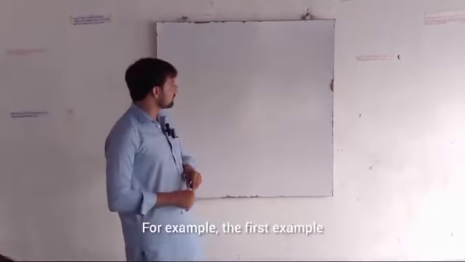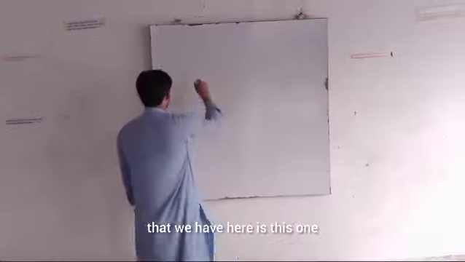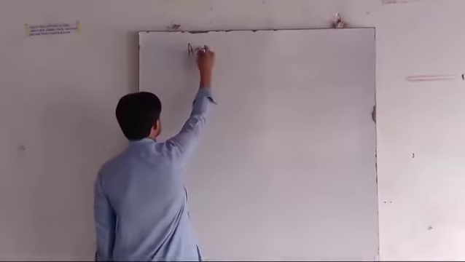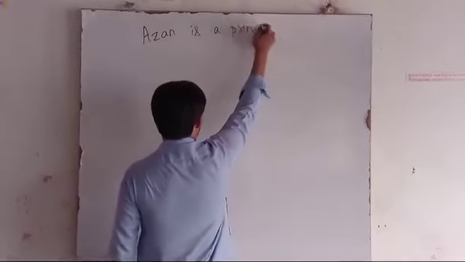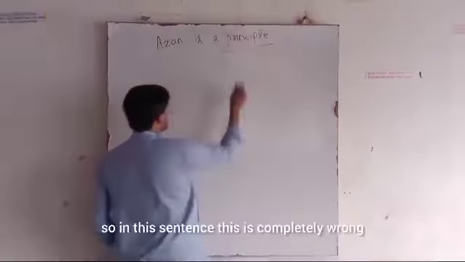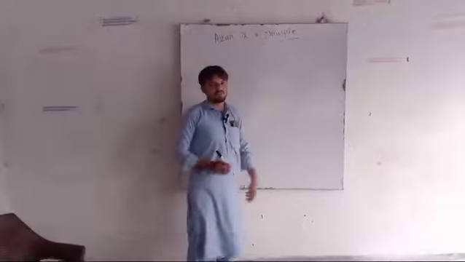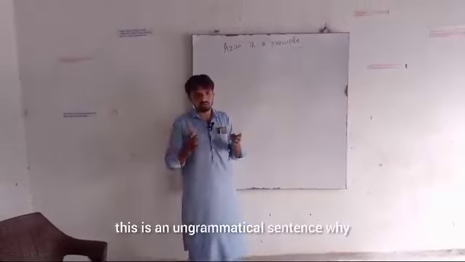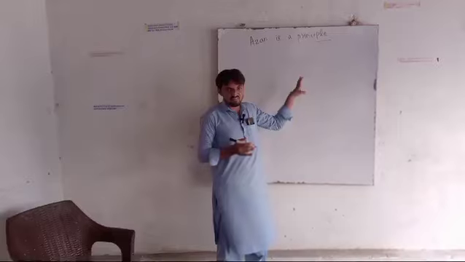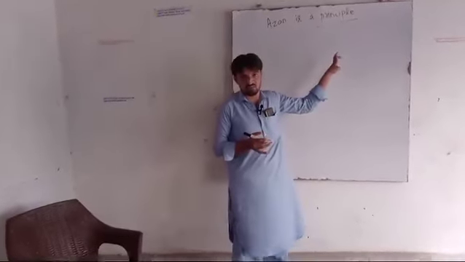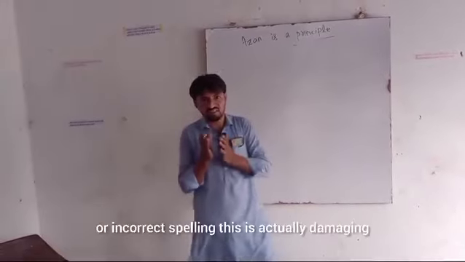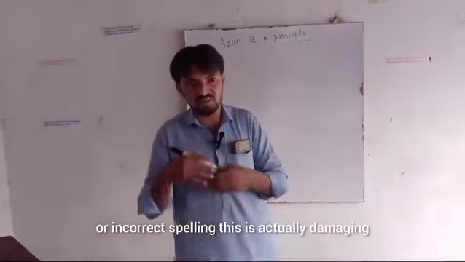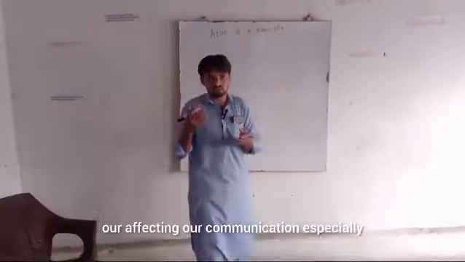For example, the first example that we have here is this one. Azan is a principle. So in this sentence, this is completely wrong. This is an ungrammatical sentence. Why? Because we have used an incorrect spelling. This sentence contains a spelling error or a spelling mistake. Because of this wrong spelling, this is actually damaging or affecting our communication,